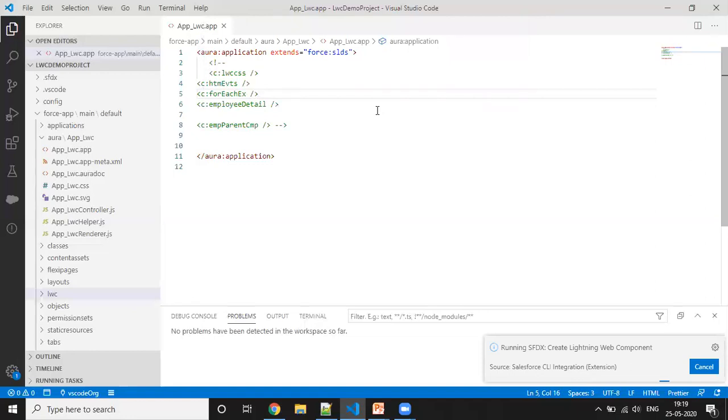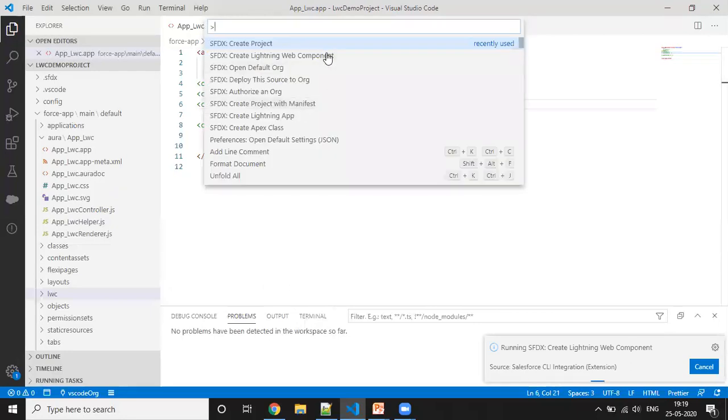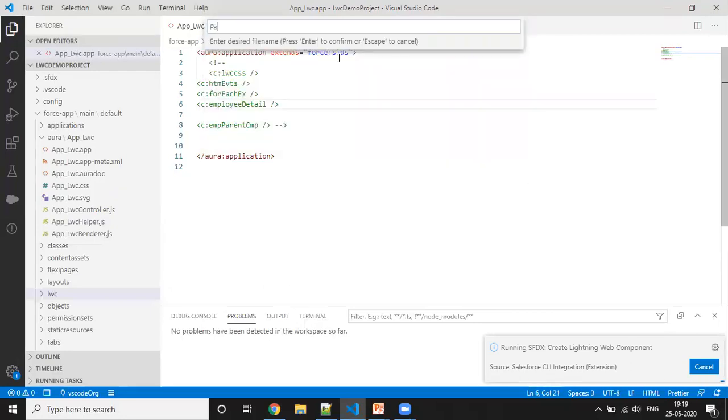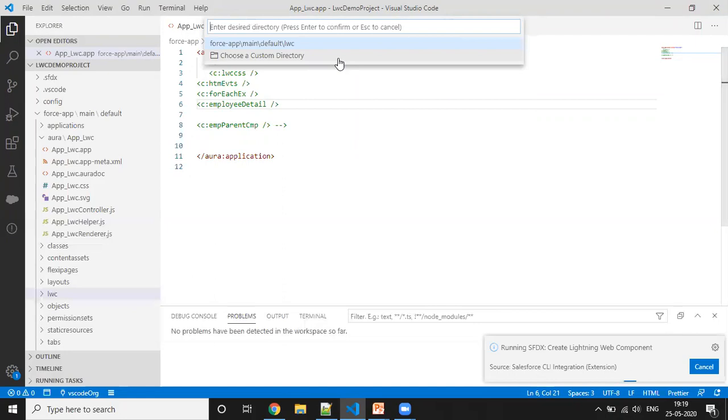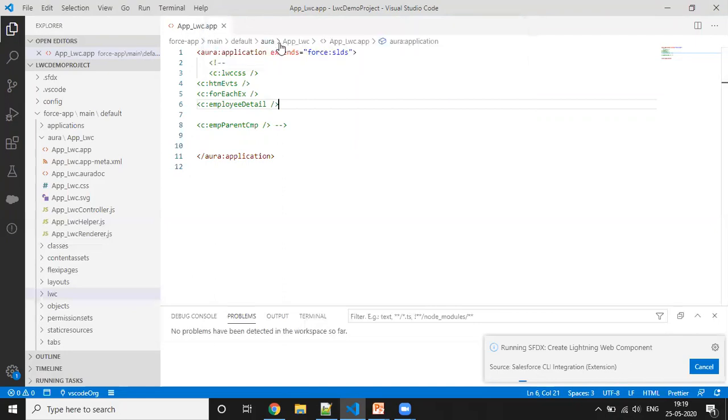Then I'm going to create one more, called parent component example, on the same default location.